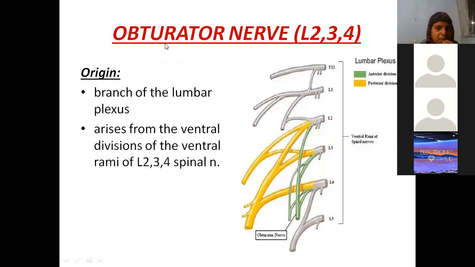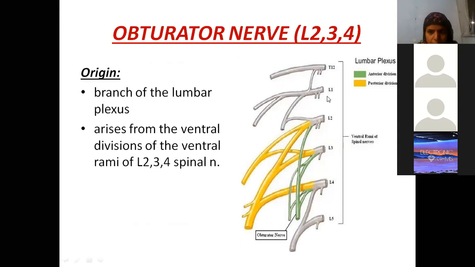After that, we will now study the obturator nerve. Very rarely it has come as an essay, but most of the time it is a 5 marks question. Very important, very simple also. Actually, this is lumbar plexus. This obturator nerve, I will repeat when I am doing lumbar plexus. I will be a little fast there, and I will ask you so many questions, because I will be explaining it in much more detail.